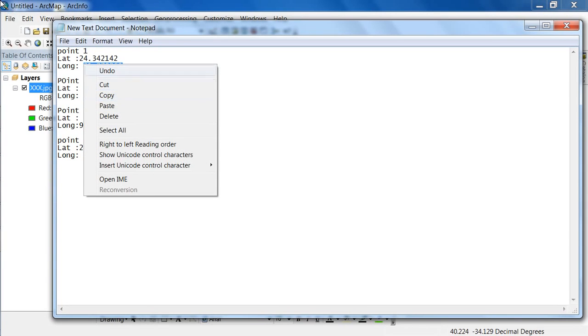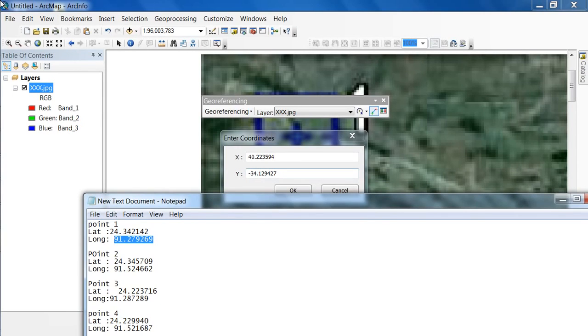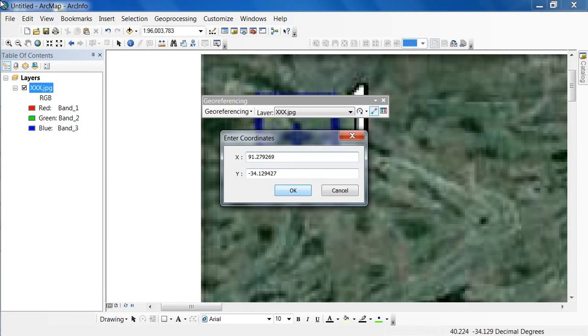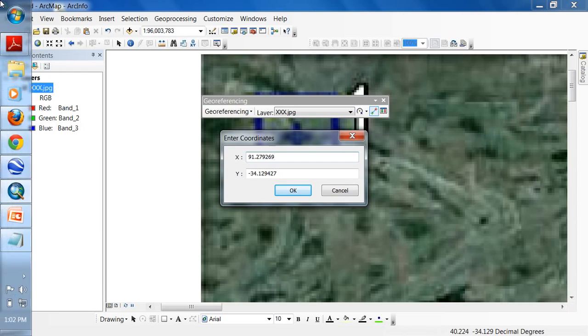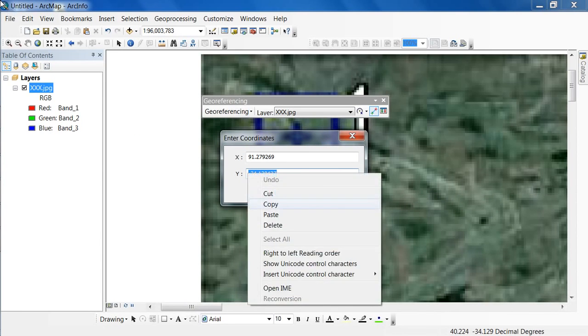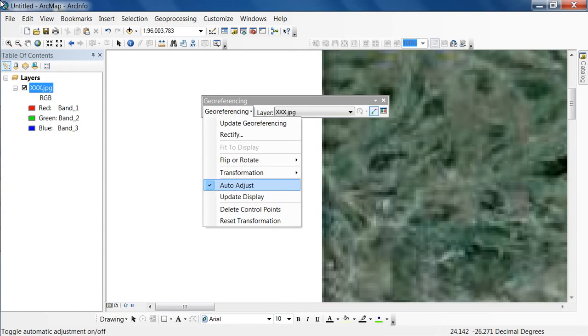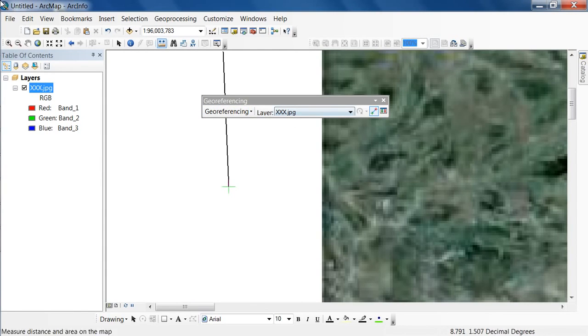This is the longitude. Okay, so what is the latitude? So this is the latitude. Oh, I forgot to take off dot axis. Okay, so